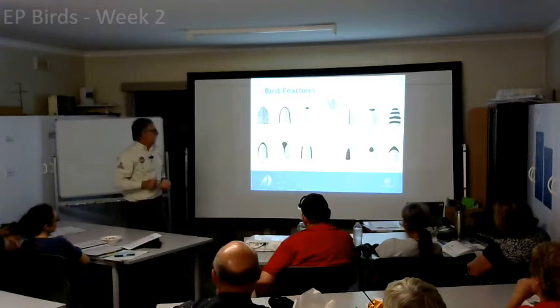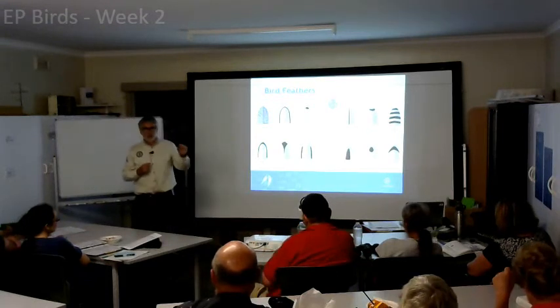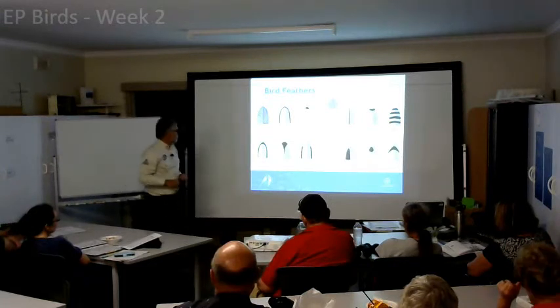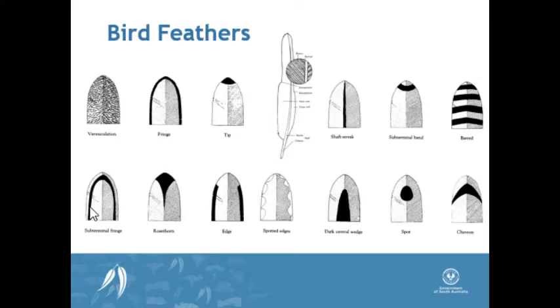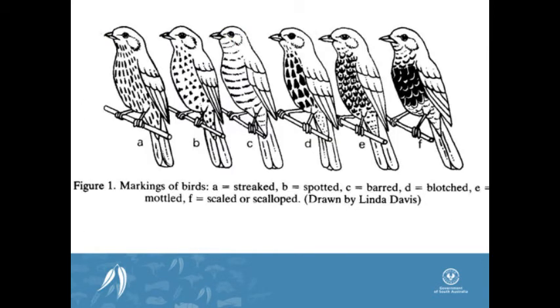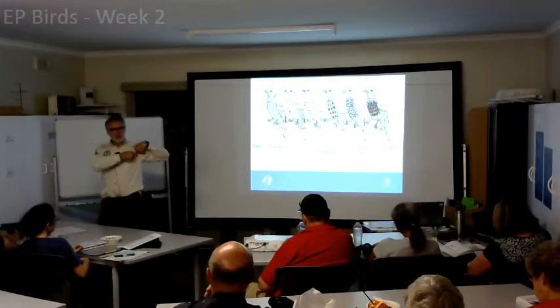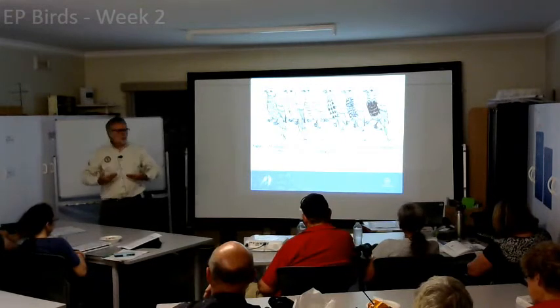Other birds do that in a much more definite way with solid colouring in it, and you'll see that more clearly. Subterminal fringe, where you get a little bit of colour around the outside that's different from that band, rose thorns, edge, and so on. Those patterns have names, and that's not so important in and of the feather by itself, but when you look at how they're laid out across the body, where you've got a group of feathers laid out in a row across the body, and they've all got the same pattern on them, then you end up with patterns appearing on